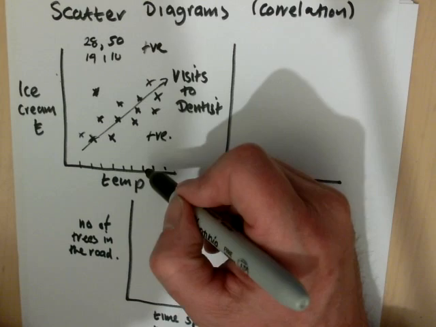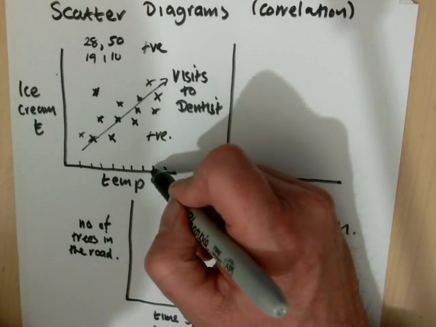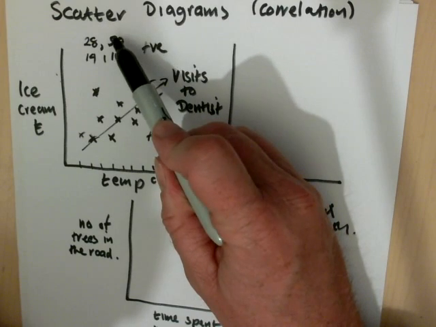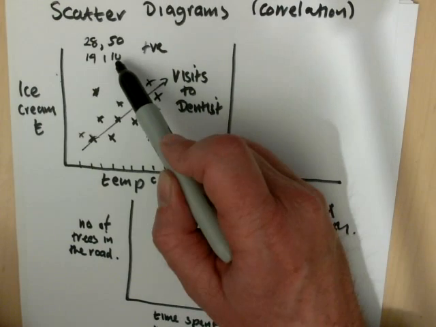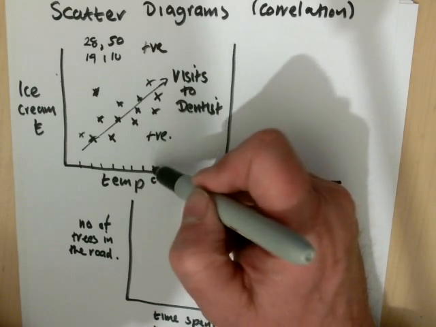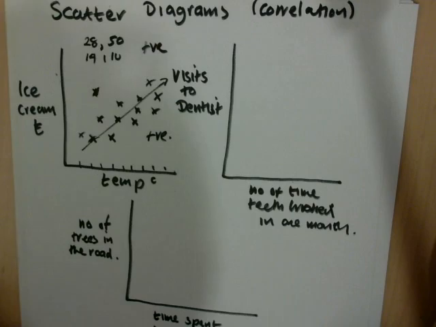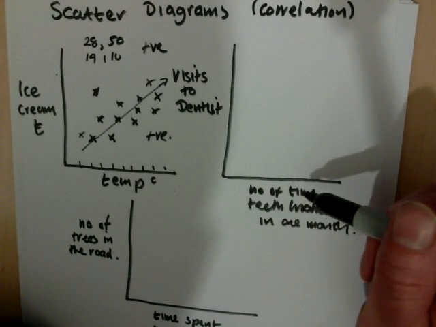Right. For a particular day, we don't sell exactly the same amount of ice cream. So let's say the temperature is 28. Might be one day we sell 50, another day we sell £46 worth. What we're seeing is that we had a high number of sales with high temperature and a low number of sales with low temperature. Now we might look at perhaps the number of times a child brushes their teeth in